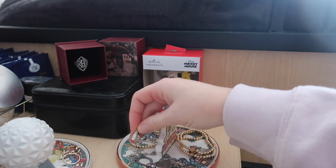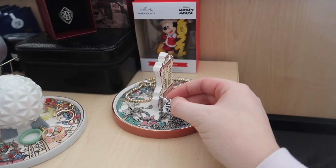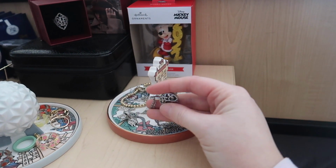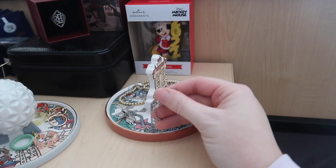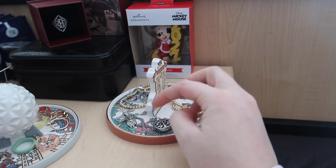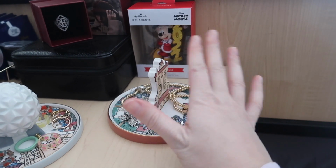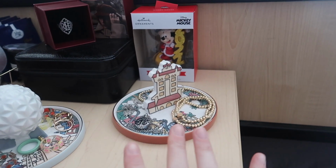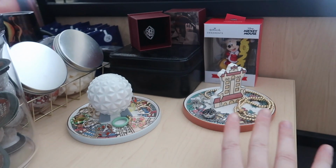my necklace that I wear all the time with my little castle and Millennium Falcon, and then this necklace as well, which I also wear all the time. And if you've seen this one, it's super special to me because on the back is actually my grandma's fingerprint, and she passed away a couple years ago. So that's why that one is very, very special to me, and I keep those here because I just wear them all the time. So they're just easy to grab if they're on the little